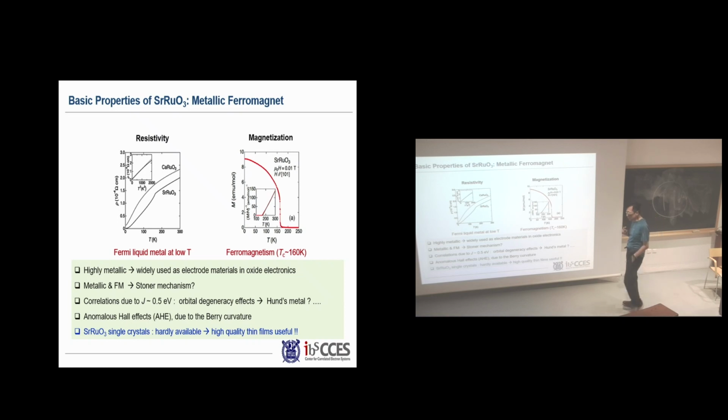But one of the really important messages is that strontium ruthenate is very, very difficult to grow as a high-quality single crystal. We tried looking at a lot of the optical properties and those things by using single crystals, strontium ruthenate single crystals. About 10 years ago, at the time, there were only 3 groups which had reasonable quality single crystals, but their quality is still less than our film. So that's the reason why we have to study strontium ruthenate in film form.